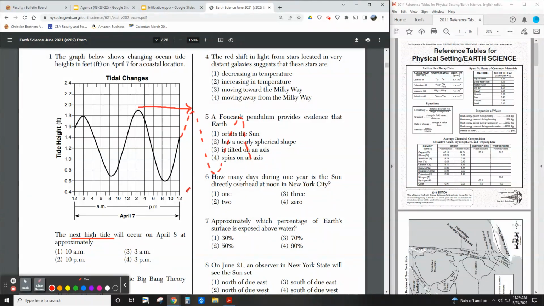And the high tide would happen not very long into the future, a few hours into the future, in the very early hours of the morning. And so I can easily eliminate some answers that would be PM, because you know it's not into the evening or the afternoon of the next day. You know it's in the AM hours, and it's not very far into the future. In fact, if you actually do the math here, this amount of time from here to here is approximately 12 and a half hours. So 12.5 hours or so into the future from here would end up being somewhere around 3 a.m. So the answer is number 3.